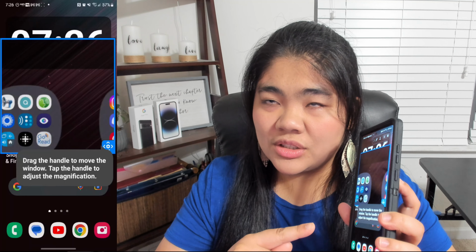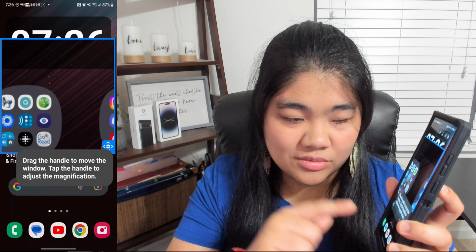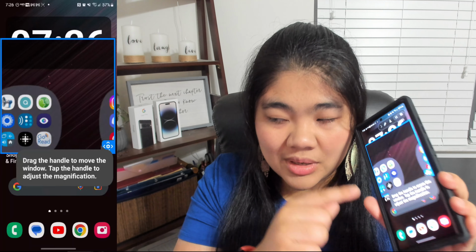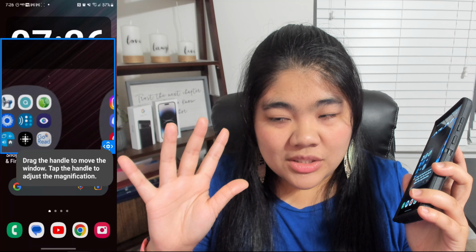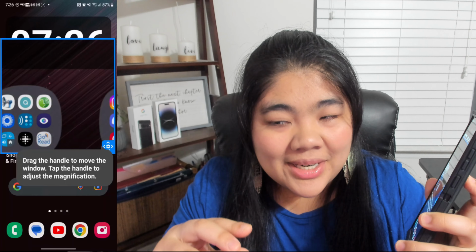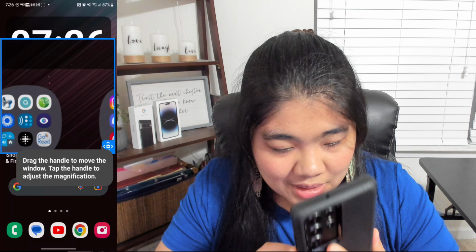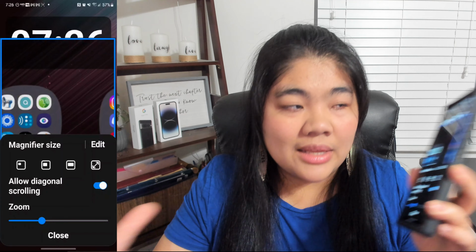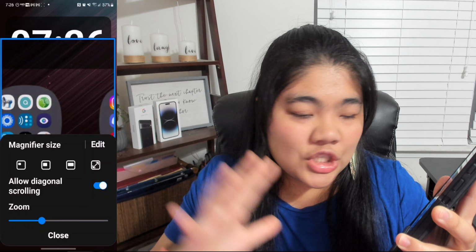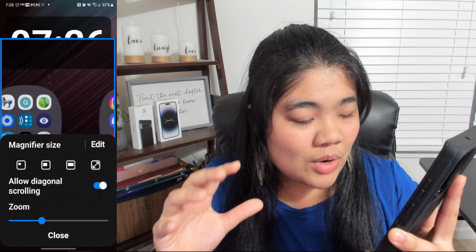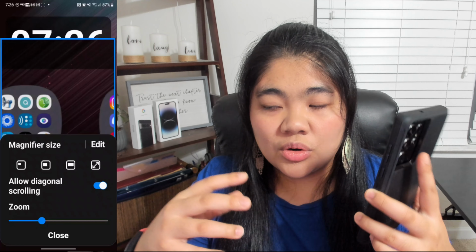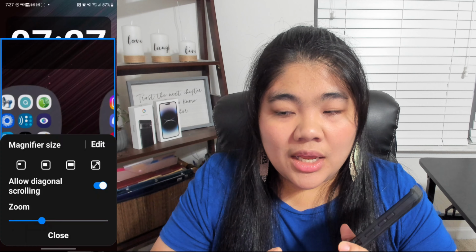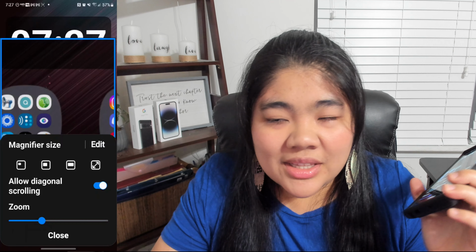It also has this little annoying pop-up that I can't read, because I can't actually magnify whatever that pop-up says. I guess we just have to ignore that. On the bottom right of the lens, there is a little blue icon, and if I tap on that, there is a new dialog box here where we can change the lens size from small, medium, large, or full screen. There's also something called allow diagonal scrolling, and honestly, I'm really not sure what that means,